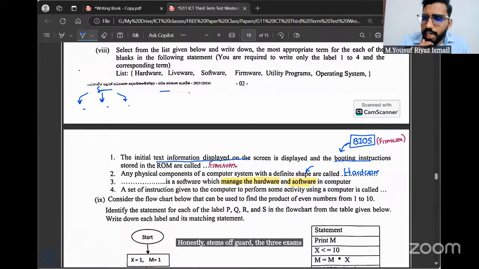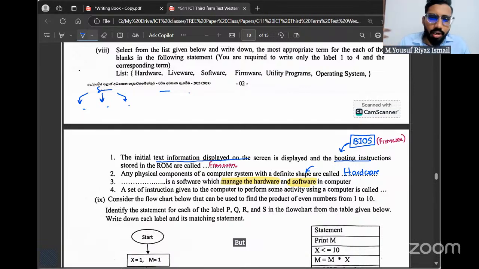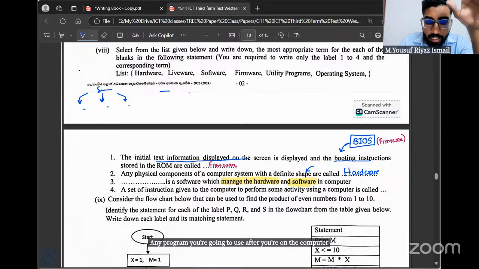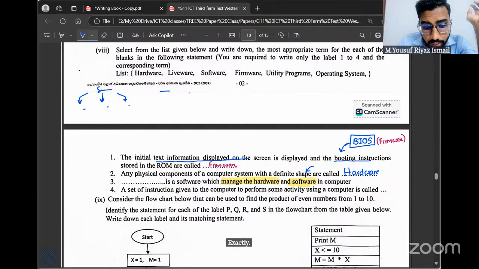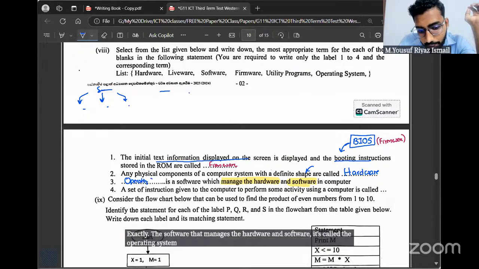But keeping all those categories aside, basic examples are any applications you're using on your phone, like WhatsApp, camera, settings, torchlight. All applications you're using are types of software. Any program you use after you turn on the computer is software. Exactly. The software that manages the hardware and software is called the operating system. This is the main one in the computer.